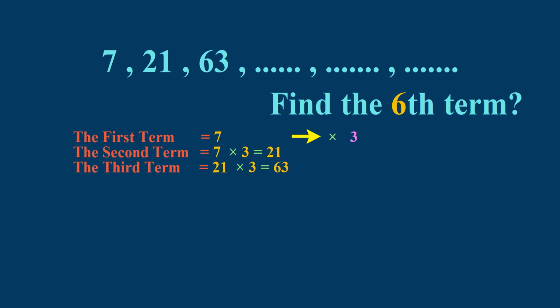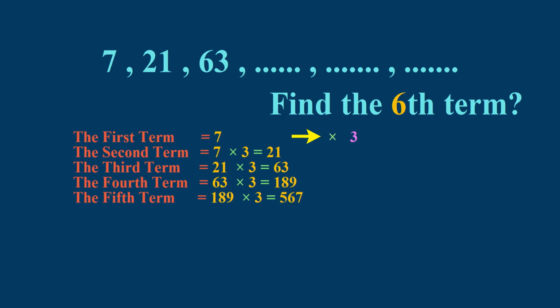And the fourth term is 63 times 3, which equals 189. And the fifth term equals 189 times 3, which equals 567. And the sixth term is 567 times 3, which equals 1701. And the seventh term is